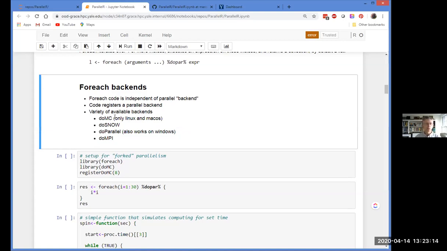So that's what we're going to use for the beginning here. We'll move on to doMPI, which is how I recommend you run parallel programs across multiple machines. We'll look at that a bit later. So for now, we'll focus on doMC. And again, you can think of doMC as a thin layer between foreach and the pre-existing multicore package in parallel R. Okay.